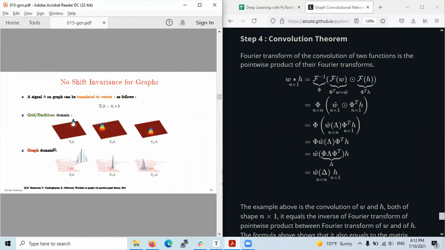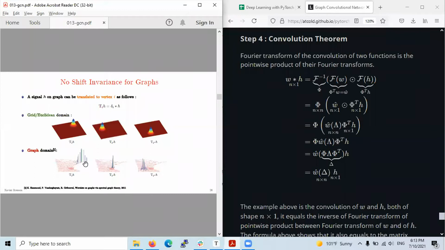invariant. Whenever we do a convolution on any side of an image in the Euclidean domain, that is an image or probably a 1D speech signal, or probably an NLP application where we have converted the words into a vector like word2vec or any other of those features, the convolution itself does not vary when we start convolving in different areas of the grid of the signal itself, of the image or the speech that we have.